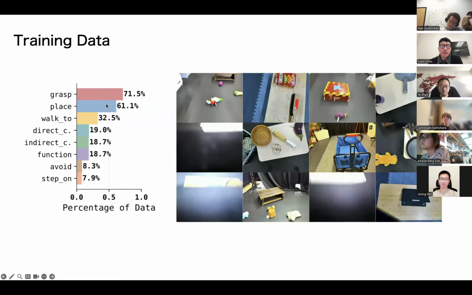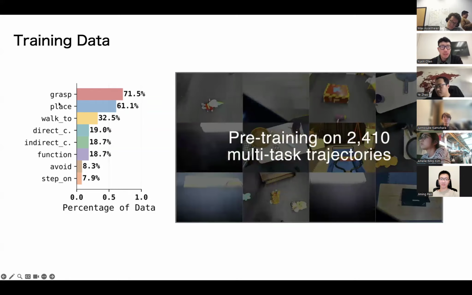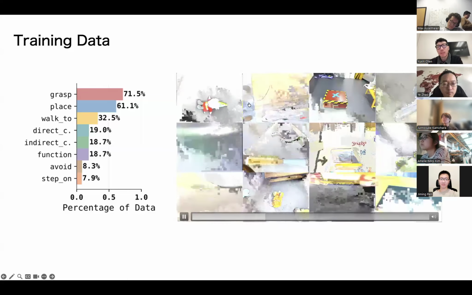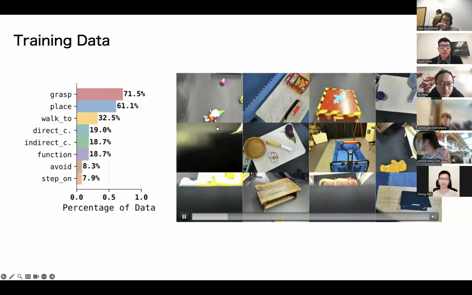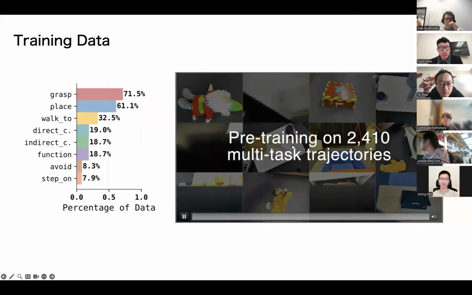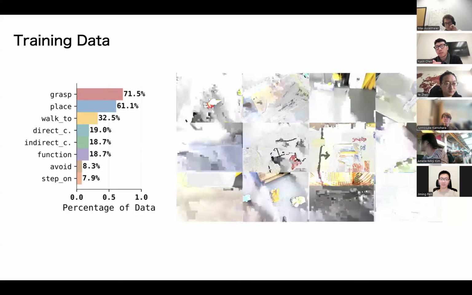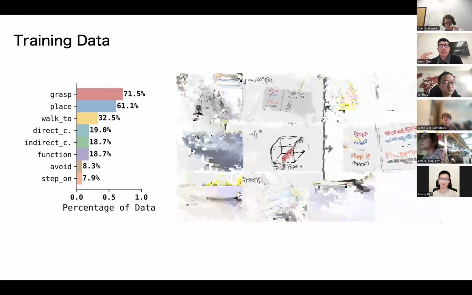Most of them, around 70%, are about grasping, placing, and locomotion. In this demo, for example, we pick up a Santa Claus or a brush. But at deployment time, we can directly generalize this policy to unseen objects, as long as they have the corresponding visual features highlighted by the text prompt.